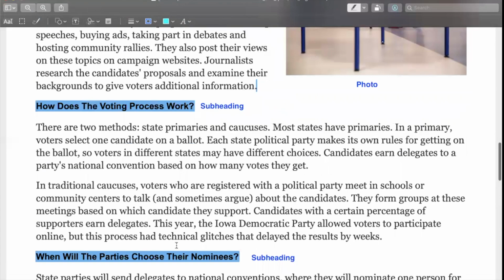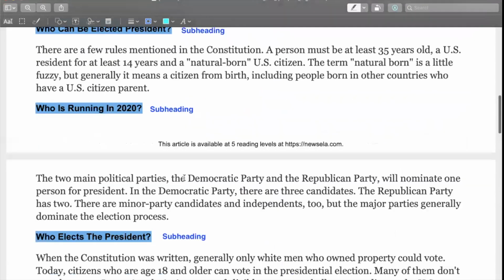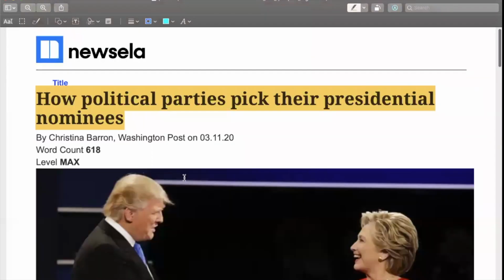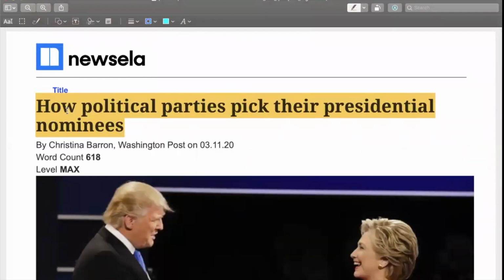So I'm going to go back to the very top and prepare to write my gist. Now remember, my gist is a very quick summary, about 2 to 3 sentences in my own words, of what the text may be about, okay? So I'm going to prepare